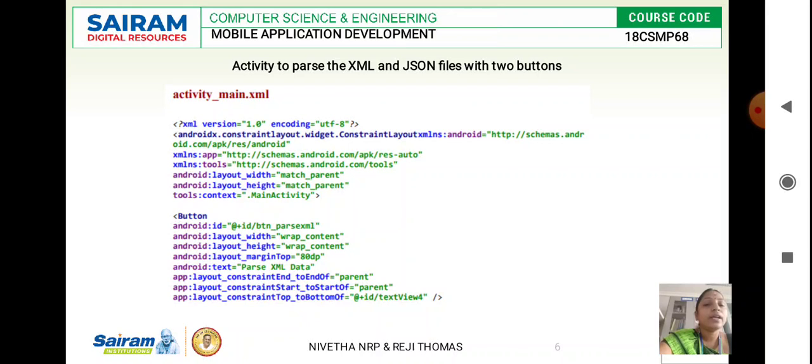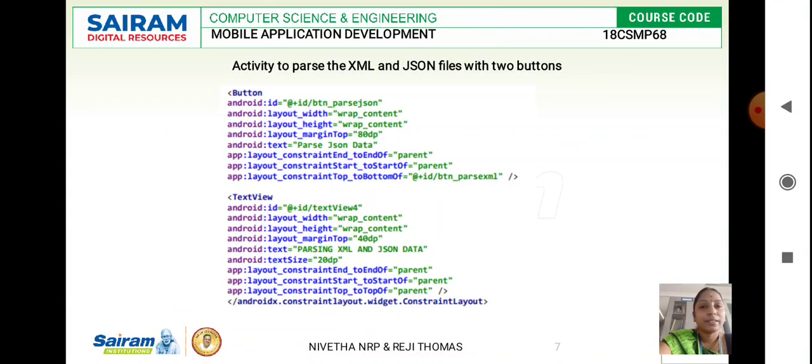And all the other attributes related to the particular data. So if it is XML data, what are the other attributes related to the XML data, which is the parent of that node, everything will be described in this first button. Next, followed by the second button, which you use to pass the JSON files. Okay, so we are giving the Android ID for the button we are describing, this button pertaining to the JSON file. And again the width of the button and height, again the margin top, everything we are describing, and what is the parent of it, everything. So 2 buttons we have described.